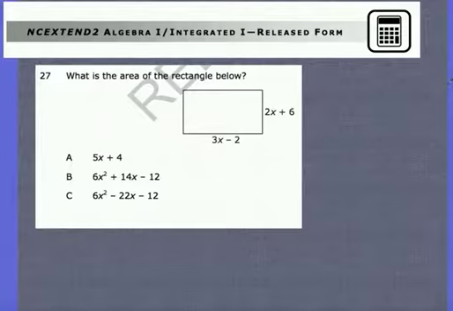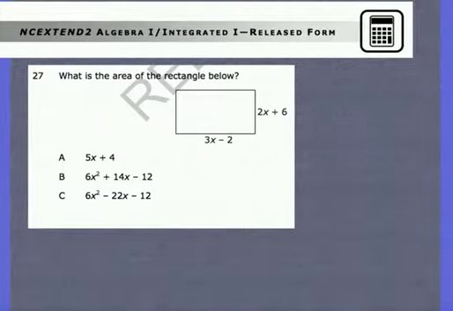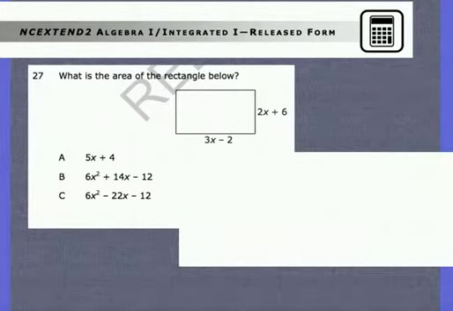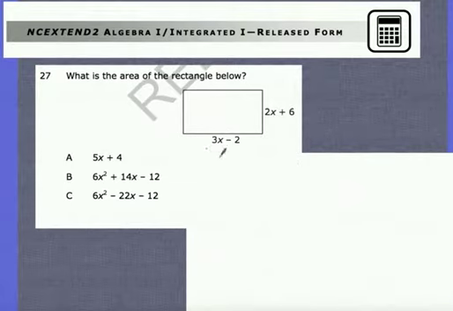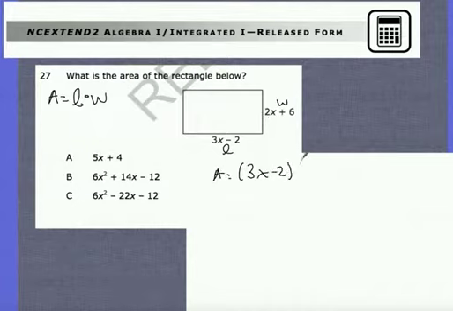Number 27 says, what is the area of the rectangle below? So remember, if we're finding area, the area of a rectangle is equal to length times width. So we would let one of these be our length and one of these be our width. So whenever we find our area, we would do 3x minus 2 times 2x plus 6. So looking at how this is written, we've got two sets of parentheses not separated by a plus or a minus, which means that we must be multiplying. When we multiply,